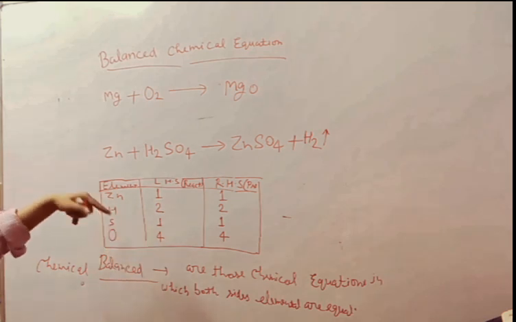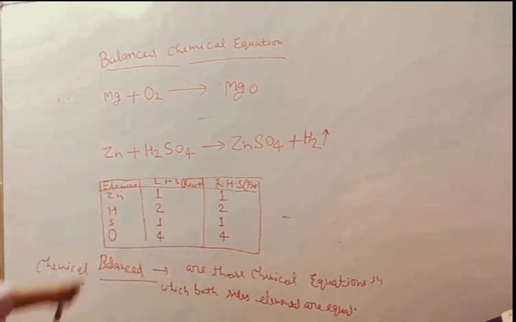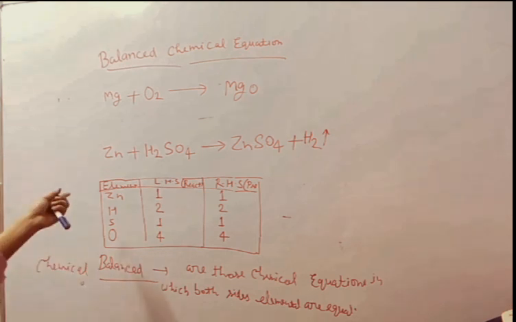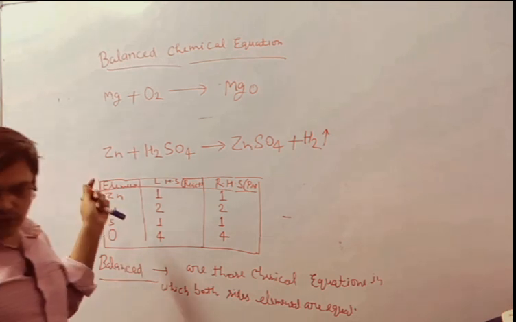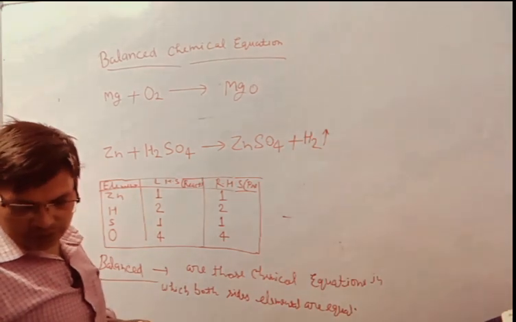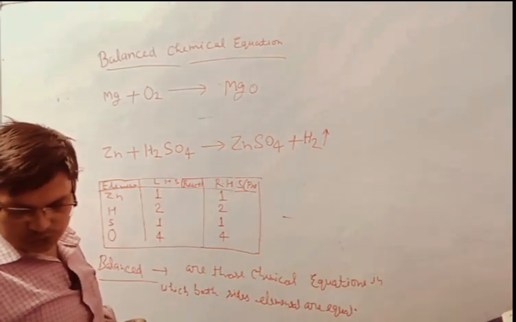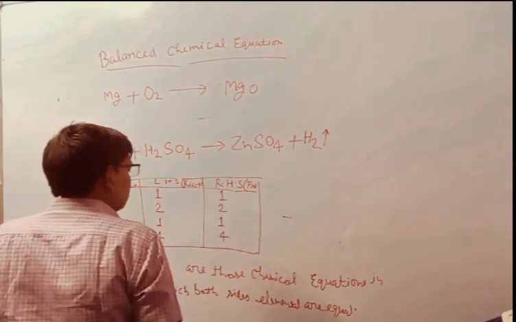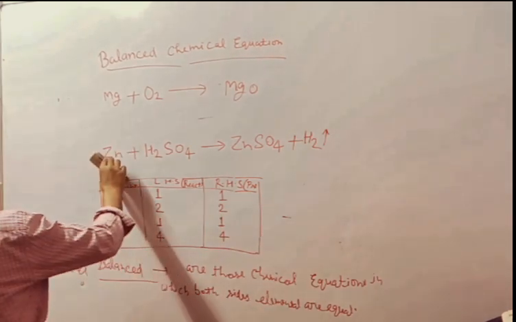We will take another example to show step by step how the equation should be balanced, and where we should multiply, at the reactant side or the product side. Next example is Fe plus H2O makes Fe3O4 plus H2. Please note it down if you are interested.